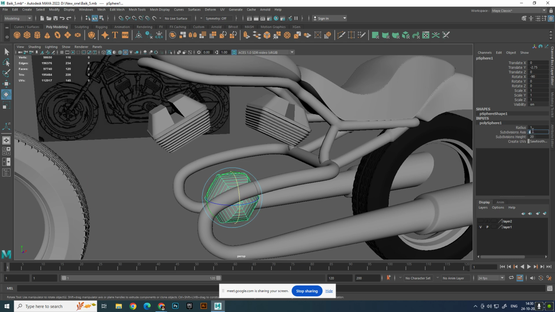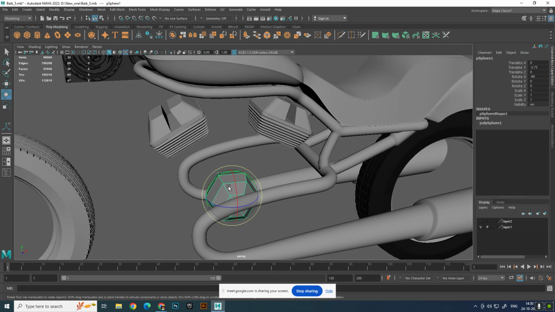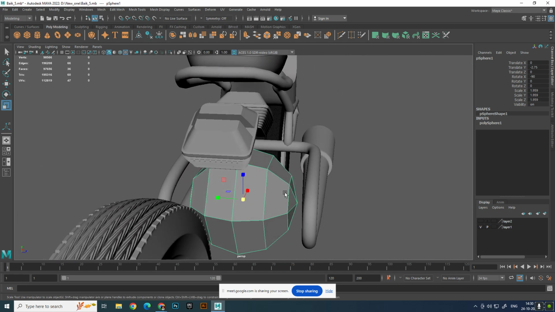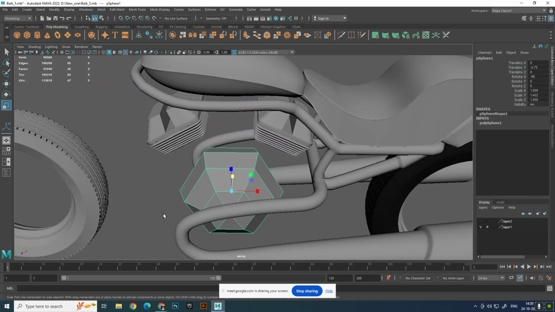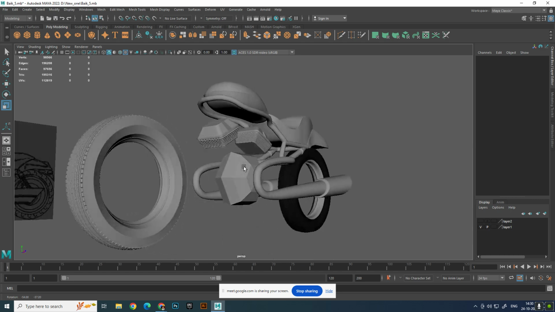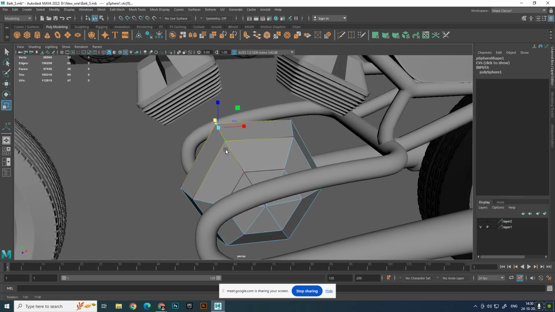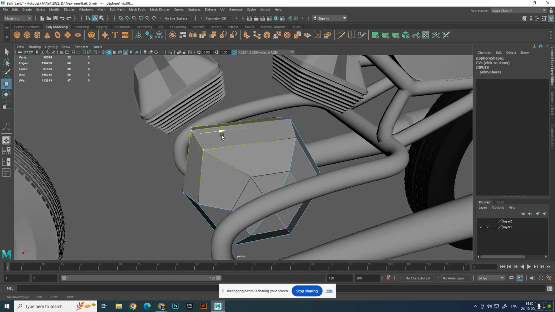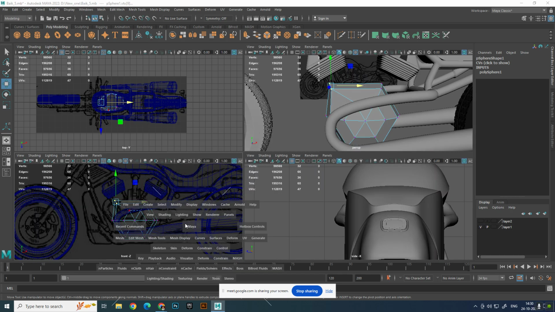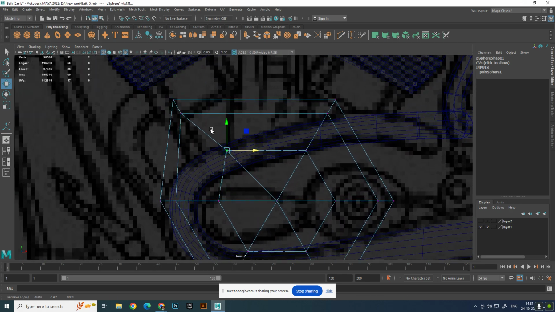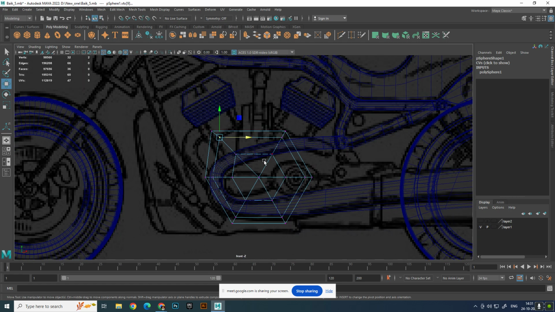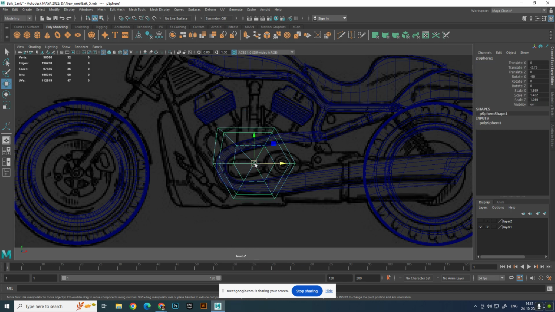So here 6 and here 6. This is not there in the references, but there will be one model here which will